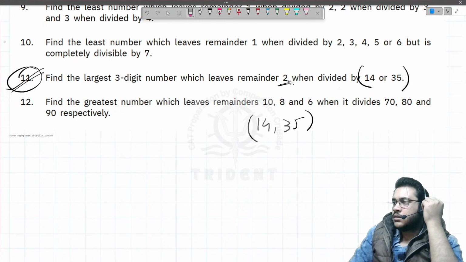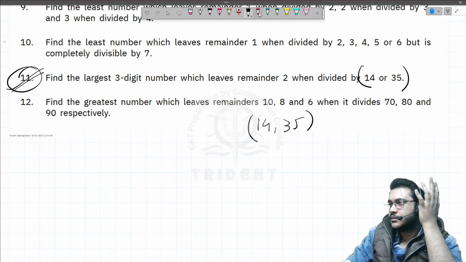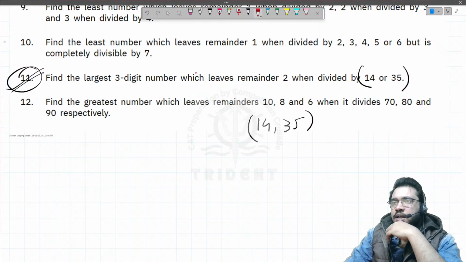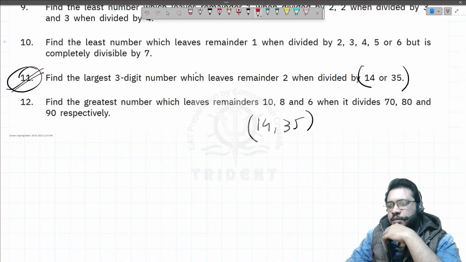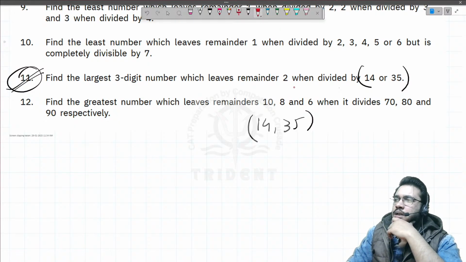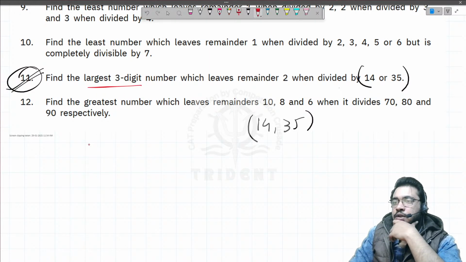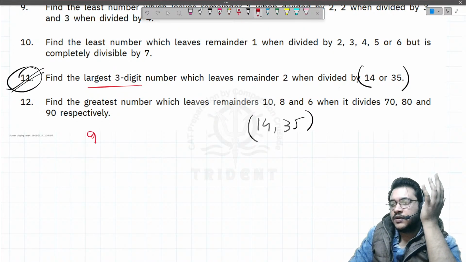So the best thing, I mean, I have this problem that people generally start by trial and error. That's not bad. If you can ascertain the number through trial and error, that's also very good, right? But I'm saying that the largest number, the largest 3-digit number, will be of the form 999,